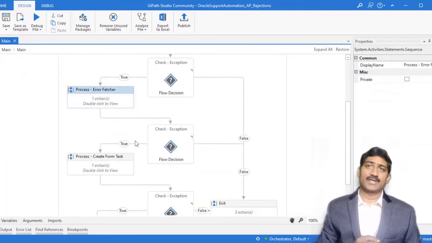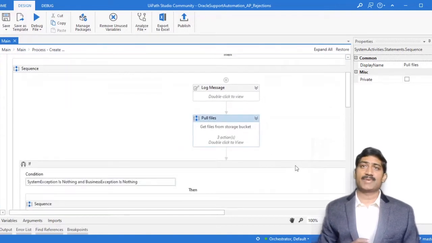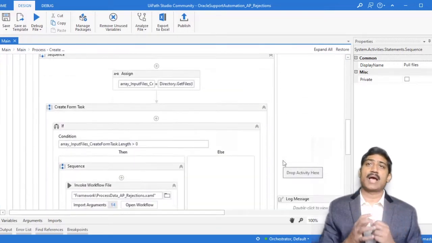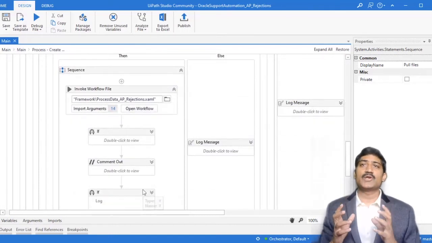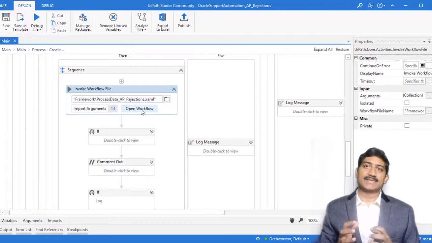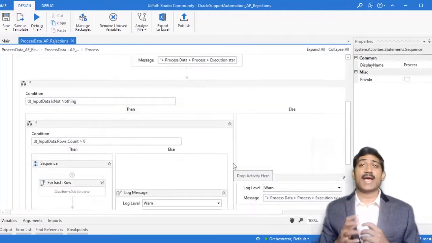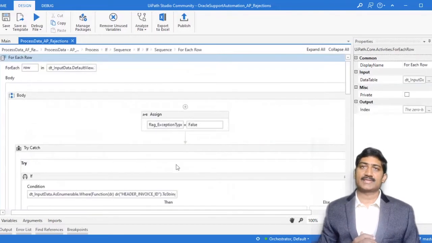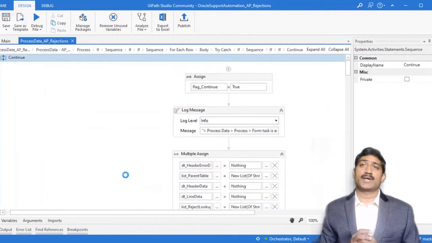Once the robot successfully collects the data, it will check if there are any invoice rejections in AP interface since the robot's last run. If it finds invoices with errors, the robot will know the resolution path for the given error. In this case, it will continue by creating a task with error details and the actions that the business user can take against each error. This is how the process flow was built in UiPath Studio.